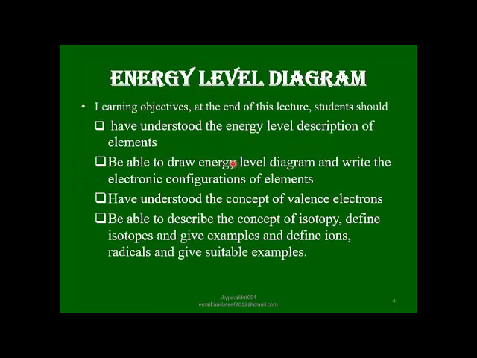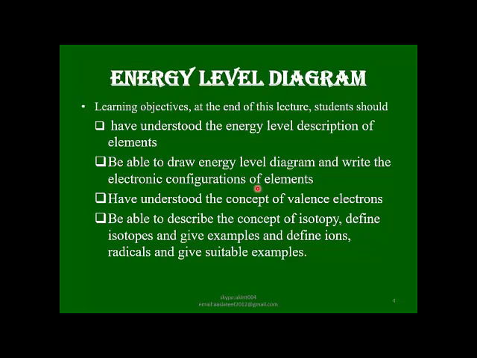The learning objective at the end of this lecture: it is expected that students should understand the description of the energy level of elements, particularly the first few elements, let's say the first 20 elements or 30 as the case may be, if the atomic number is known, because that is the most important thing in writing the electronic configuration and the energy level of each of the shells in the element. Students should be able to draw the energy level diagram and write the electronic configuration of the element, as I've said earlier, if we know the atomic number of the element